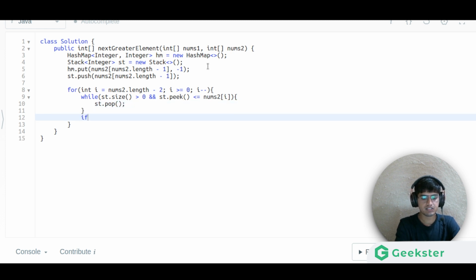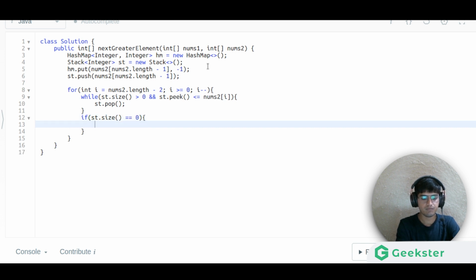Now we'll check the size. If our st dot size becomes equals to 0, then we'll put in our hash map dot put nums2 of i, comma, -1 simply, because stack becomes empty and there is nothing to compare with.